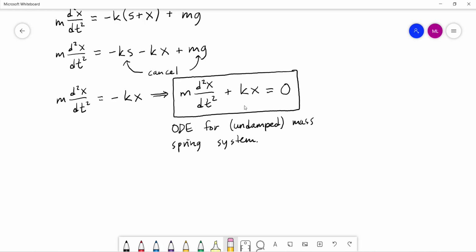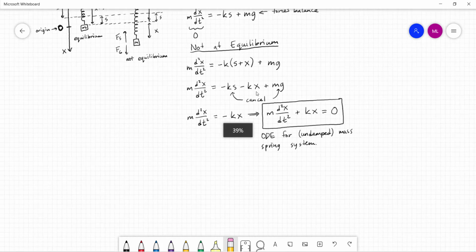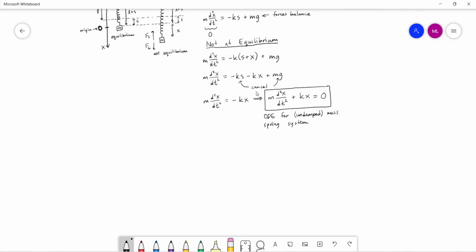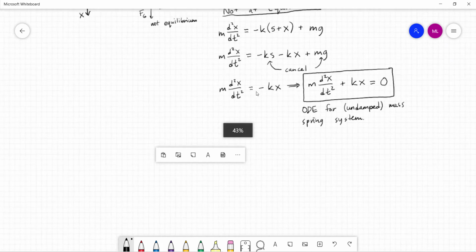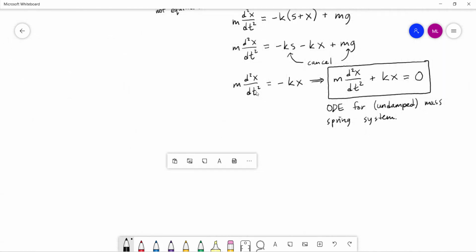But for now, this is what we call an undamped mass spring system. So let me turn to a more general version. If we add in damping, which essentially you can think of as a friction force. So if we add in damping,